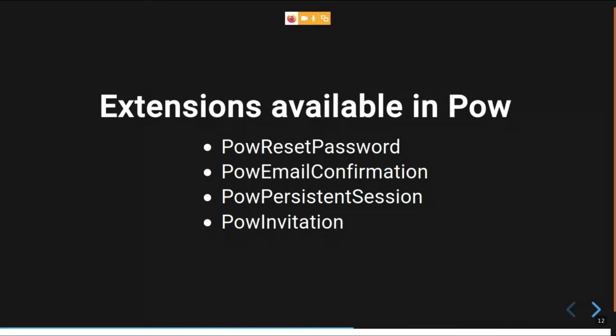We can send an email from the application to the corresponding user, and they will get a link to register themselves. They can visit that link, register with our application, and log in with those credentials. So you can disable the public registration entirely and limit your users from the common public. It's another feature that is available in POW but not enabled by default. You can enable it according to your use case.